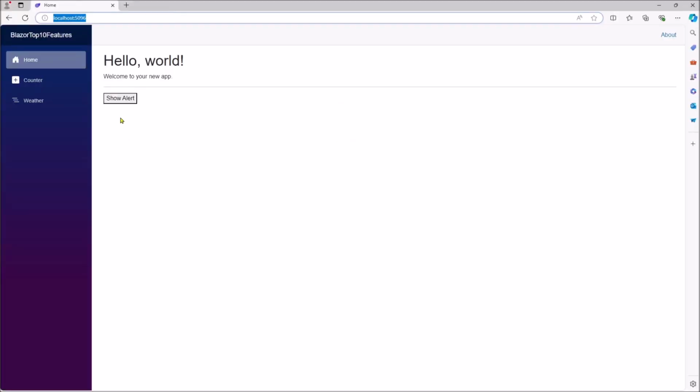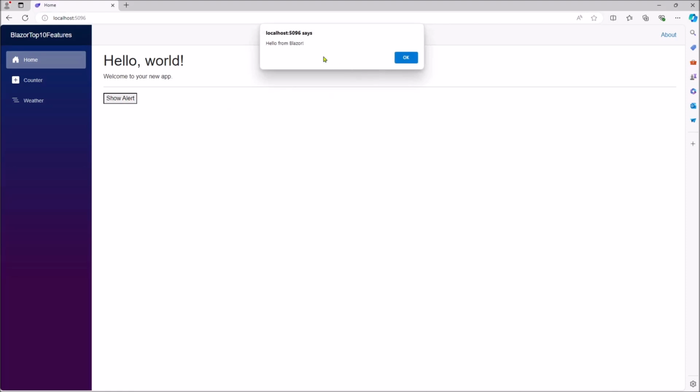Okay, now we have the show alert button. When I click this button, "Hello from Blazor" will show up inside the pop-up. Okay, here we go. Hello from Blazor, meaning